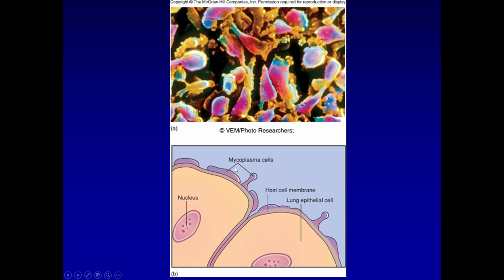So, all right, so here's our picture, and you look at these cells, and they just look disgusting to me. So these mycoplasma cells, they don't have peptidoglycan, and so they're completely pleomorphic. And so they just look like slime or something, but then sometimes they'll be budding, and they just kind of spread over the surface of your cells. Now you can imagine that as they're spreading over the surface of the cell, they will inhibit your ability to get oxygen through your alveoli. So it still is very, very serious and bad, but this is primary atypical pneumonia caused by Mycoplasma pneumoniae.